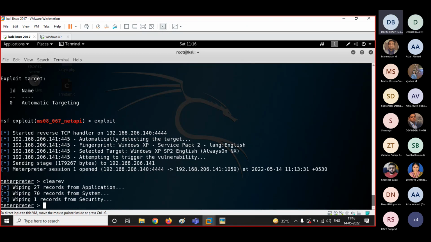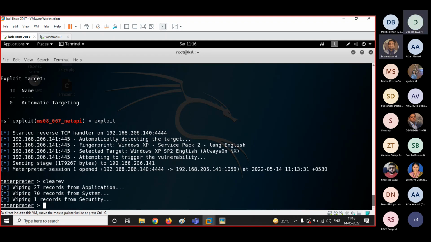You don't know which log belongs to you and which belongs to the machine, because logs are not in human readable language. They are machine readable. So you'll never be able to tell which logs belong to your hack and which do not. The best solution is to remove everything.